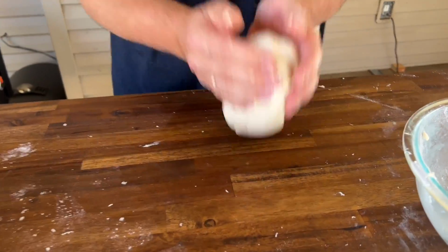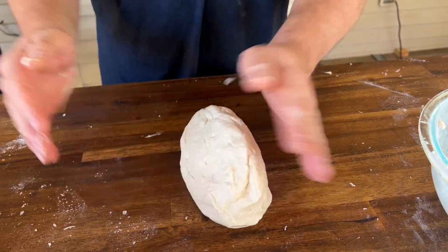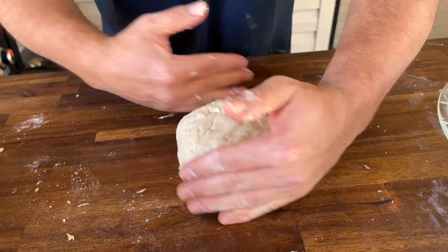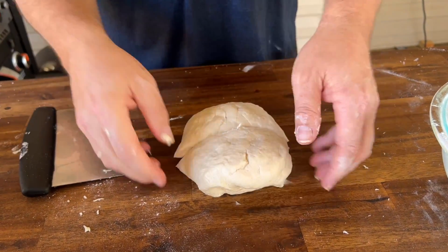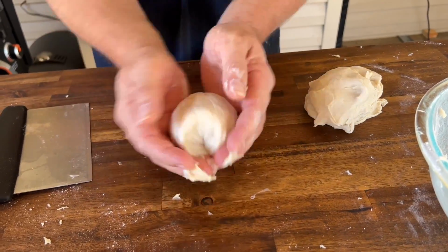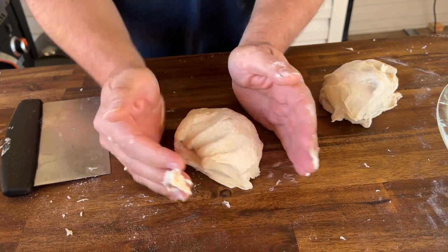Absolutely perfect. People can weigh them. If you don't have a scale, it's not a big deal. Don't deter that from you making them. All you want to do is get into a situation where you feel comfortable that it's even to start. Okay? And we're going to make about medium size. So once you feel comfortable with your size,